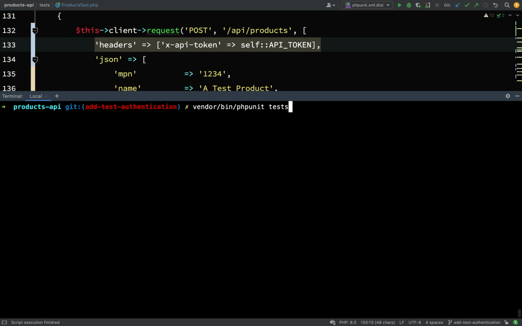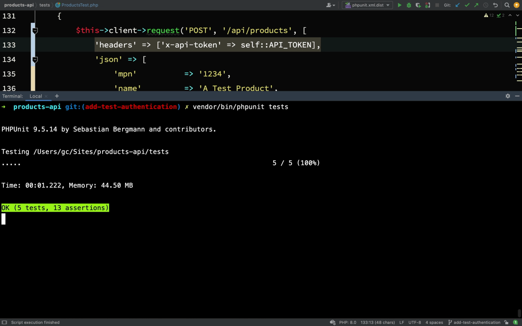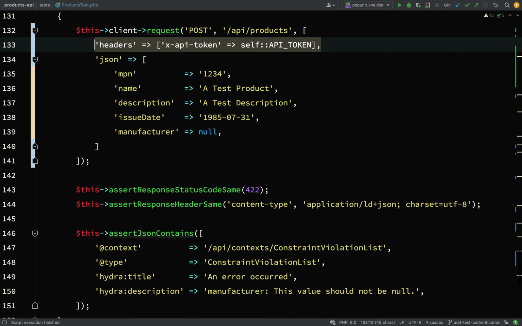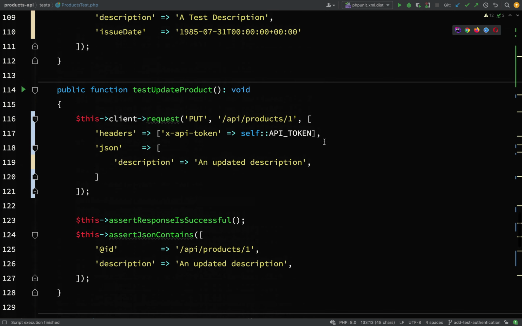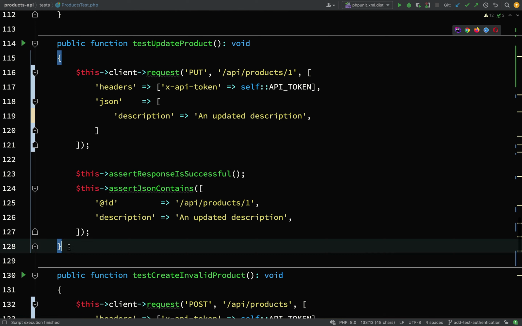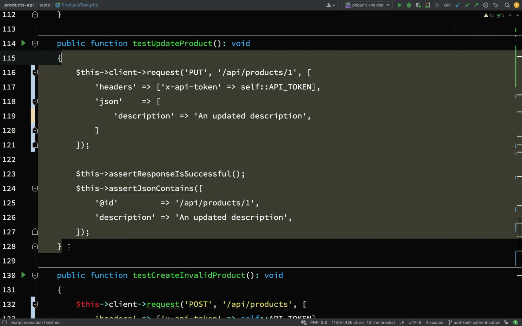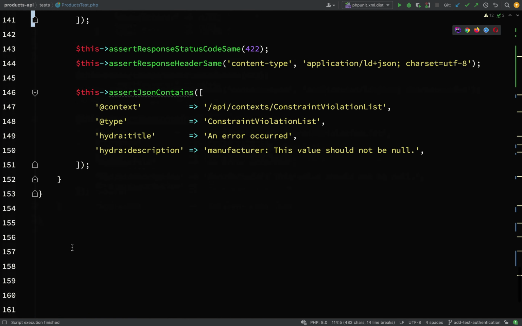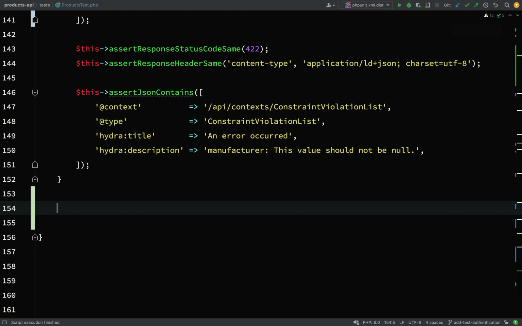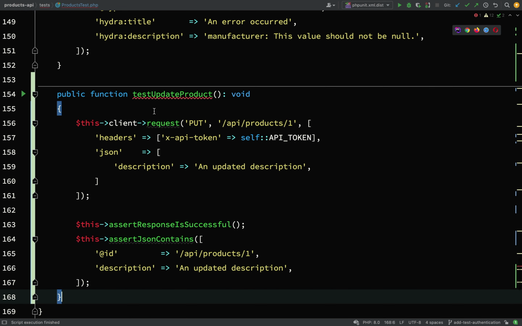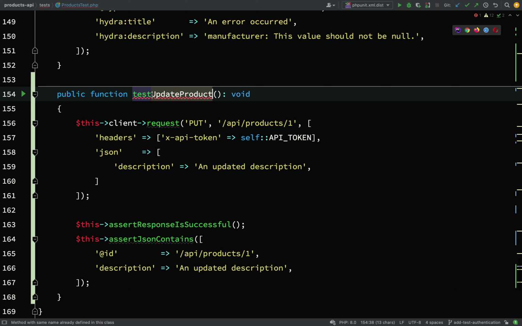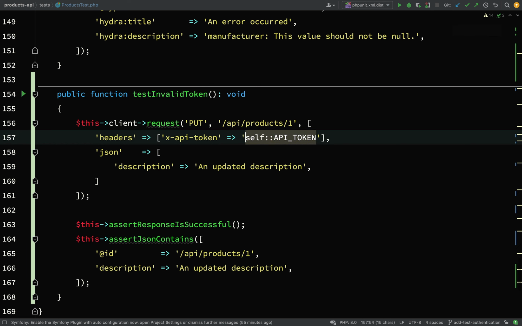So vendor bin PHPUnit tests. Okay, so we now get 5 tests, 13 assertions. Let's find a nice easy one, and we'll just copy this little put request, because it's only a small test, and we'll adapt this by not passing the correct API token header. So test, we'll say invalid token, and so for the API token we'll just put fake token,